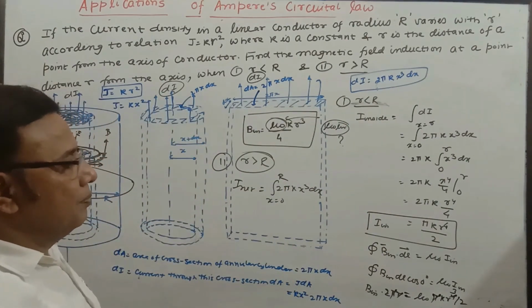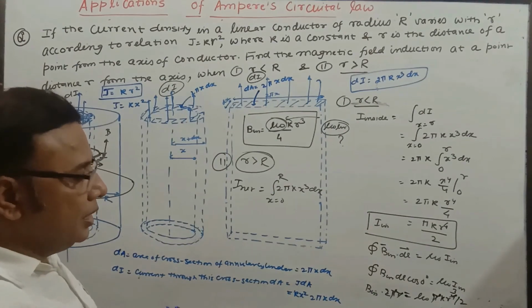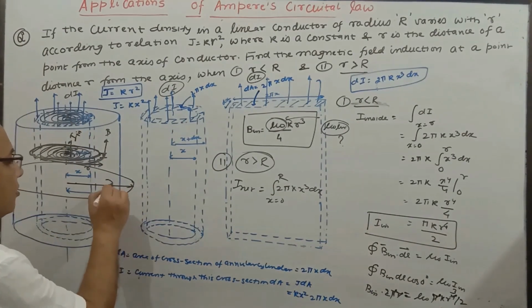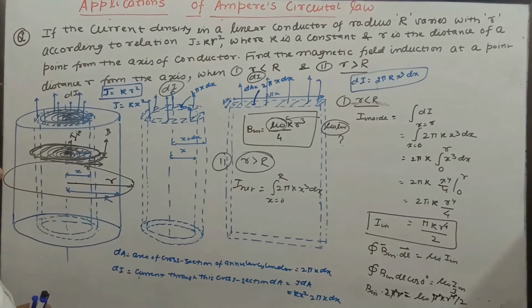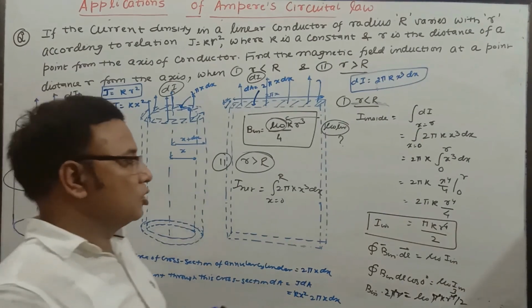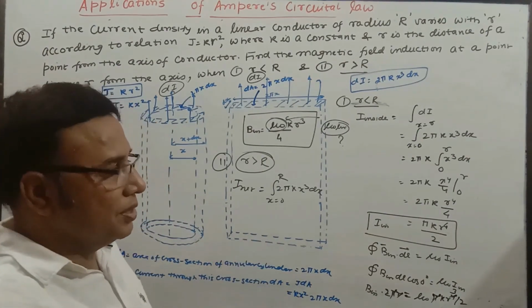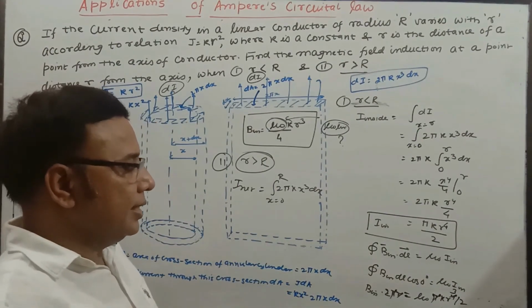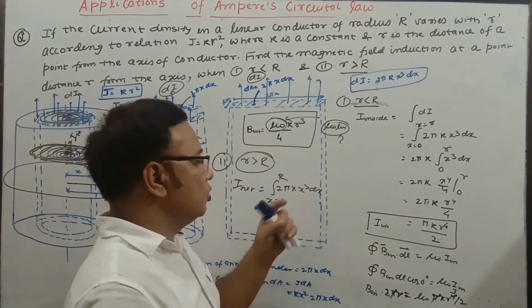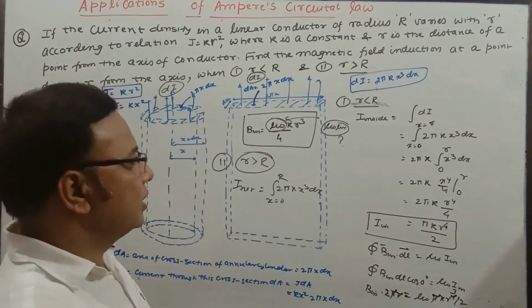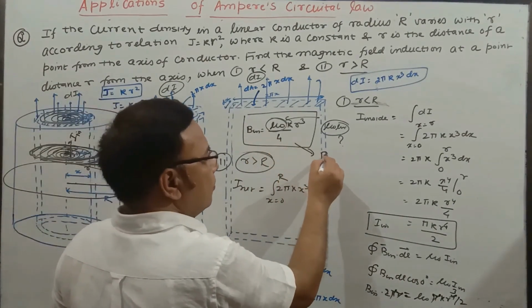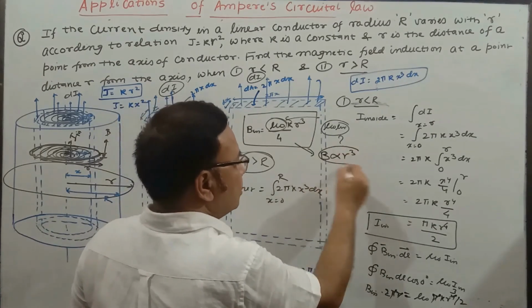And you just apply Ampere's circuital law, integral B dot dl equal to mu naught I. Here r is outside, but the current remains constant because the whole wire is enclosed. Whatever current is going to come, that remains the same. There is no such variation. Here the variation is proportional to r cube, but outside the R is constant, so outside this will be constant. But on the inner side, B is proportional to r cube, that is going to change.